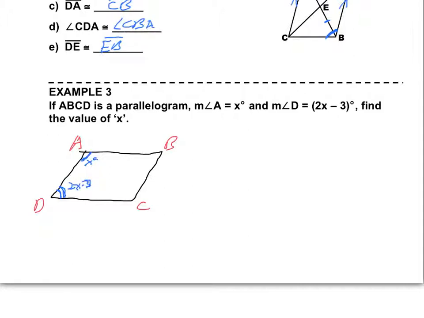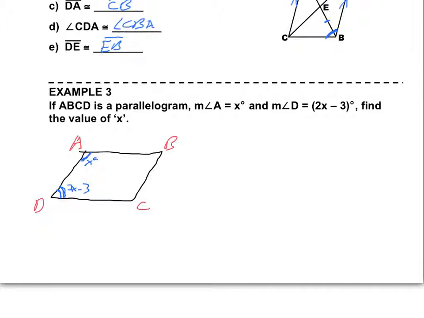Ooh, that was an ugly 3. Let's try that again. I'm going to do the whole expression again: 2x minus 3. Okay? Now, what did our properties at the top of this page say about consecutive